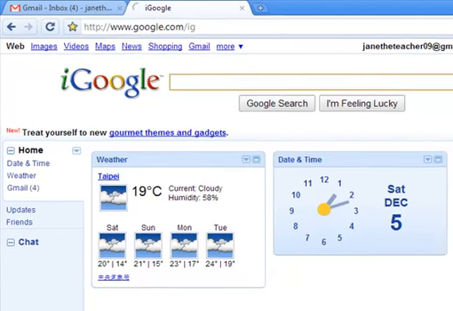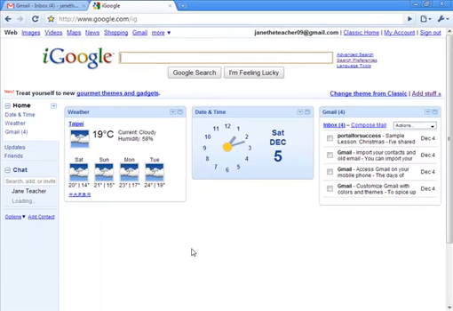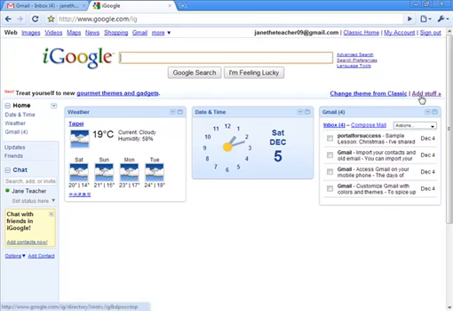The idea here is to make a personal start page that can give you your whole day at a glance. Okay, so you just come in and you would start and you look at things and say, okay, good. The weather is this way, and oh, this is the date and the time, and here's my calendar. Okay, now if you want to add more things to your personal start page, what you can do is you can hit the add stuff button over here,